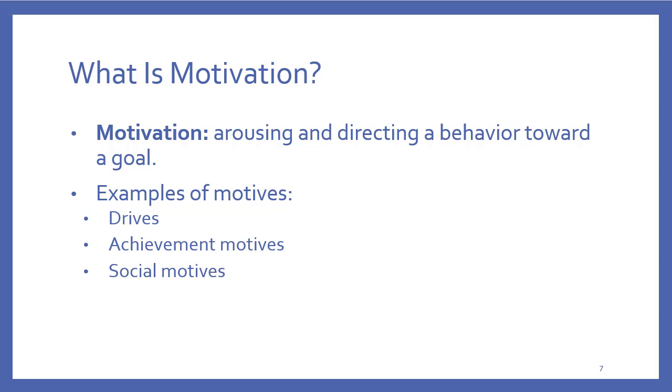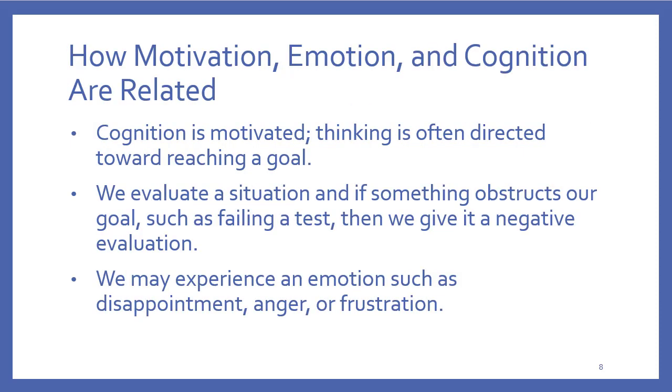These are not mutually exclusive motivation categories, and these are just examples anyway. So they're not really categorical so much as they are demonstrative of some of the ways that we can be motivated. All right, so how are all these things related? Well, we have motivation, emotion, and cognition. Okay, so motivation is the drive, emotion is the feeling behind it, and cognition is the thought process.